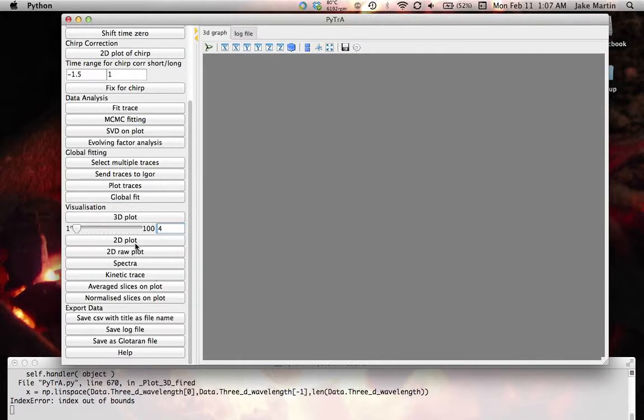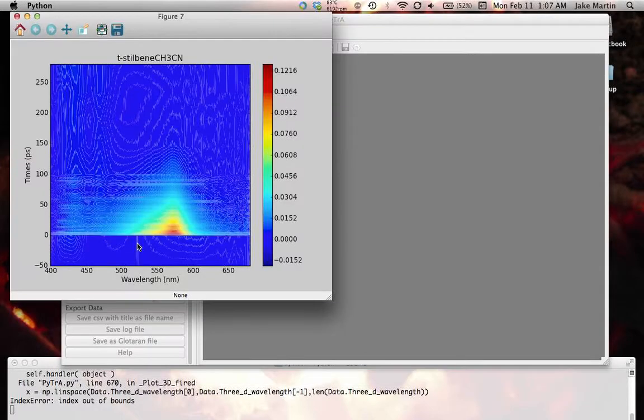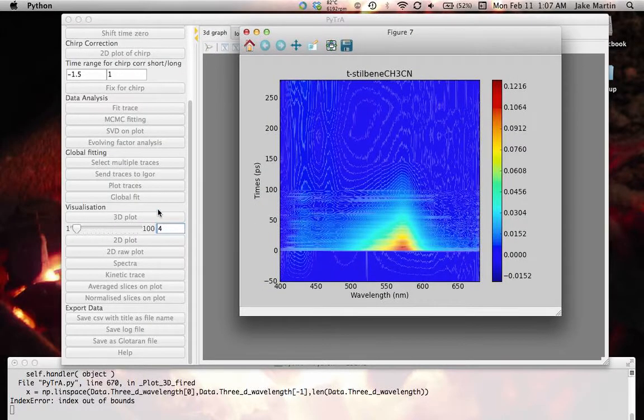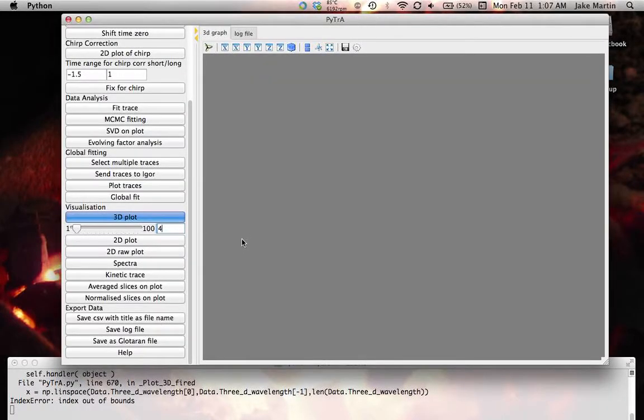So you need to have a 2D plot open in order for the 3D plot to know where you actually want to plot. So it's going to take the whole spectrum there. And often with a lot of these functions, if they don't work initially, it's because there isn't a contour plot. So you have to do a 2D plot, and then it will be able to do an SVD on that plot, or average slices on the plot. And so it's important that you do have open a 2D plot in order for those zoom